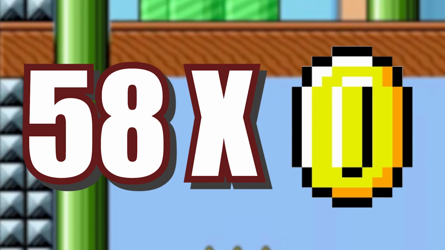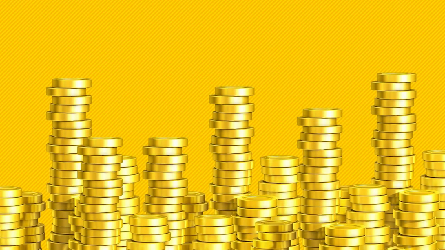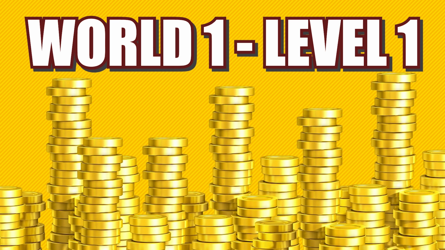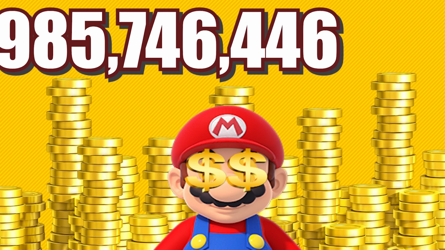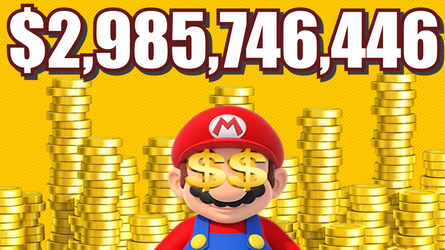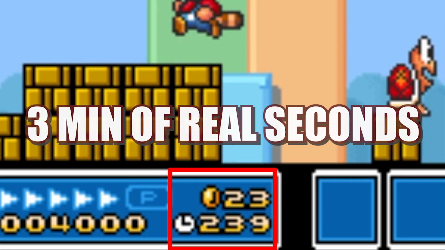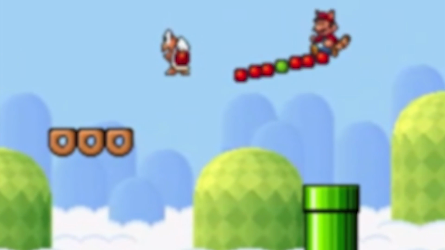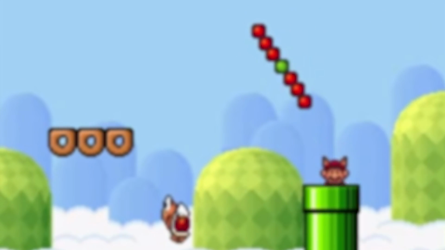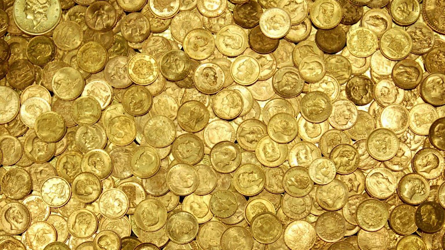Now to the fun part. There are 58 coins on level 1 alone. If Mario went out of his way to collect every single coin in just World 1 Level 1, like the greedy plumber he is, then he would have made $2,985,746,446. With a level timer coming in at 3 minutes of real seconds, Mario is making 16 million and a half a second. He may have to hire his own construction company to move that much poundage, but if he could carry 58 tons worth of coins to the end of the level,